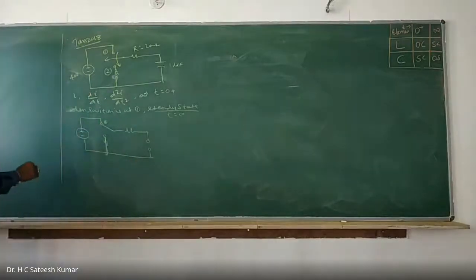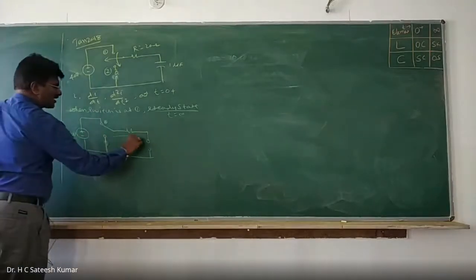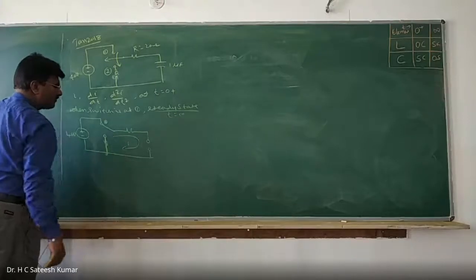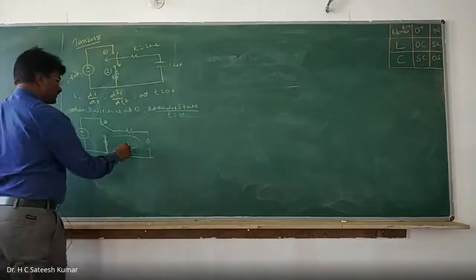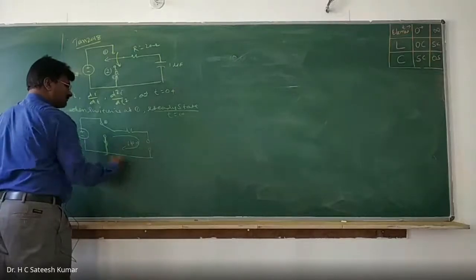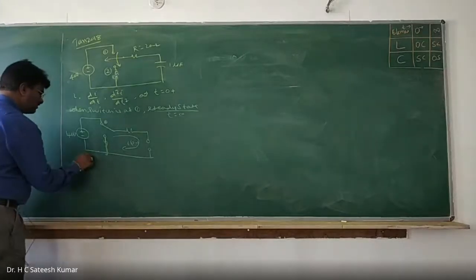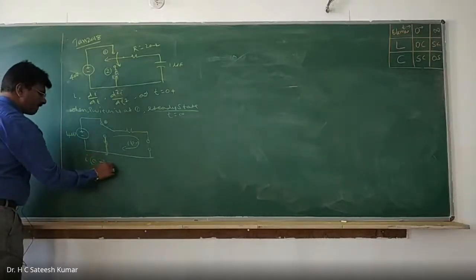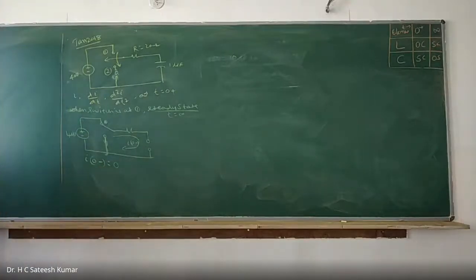What is that we have? Now, 40 volts is the voltage. Now, what is the current? Current is what? We call it I0 minus, before switching operation. Okay, right? I0 minus is what? I0 minus is equal to 0.